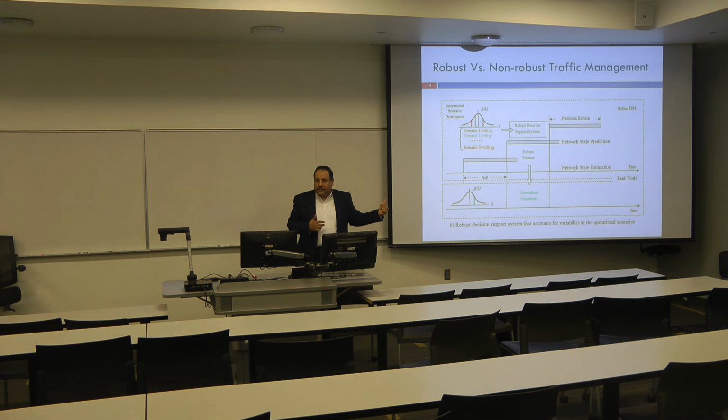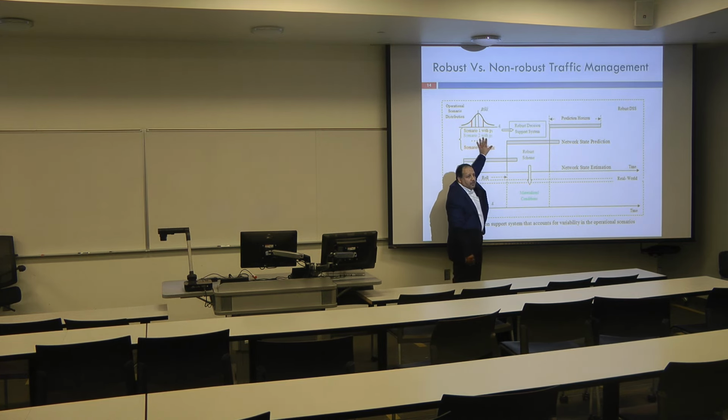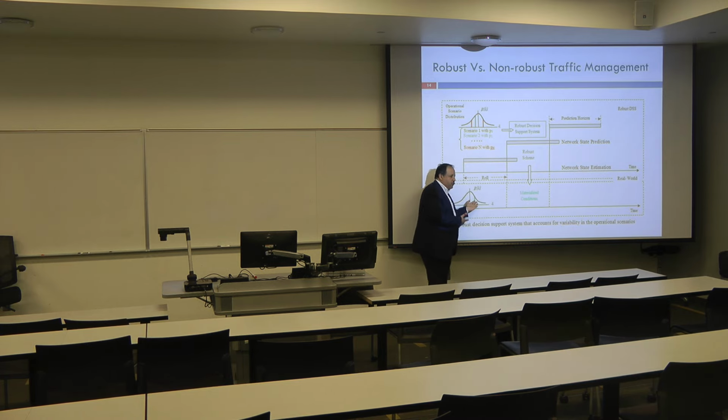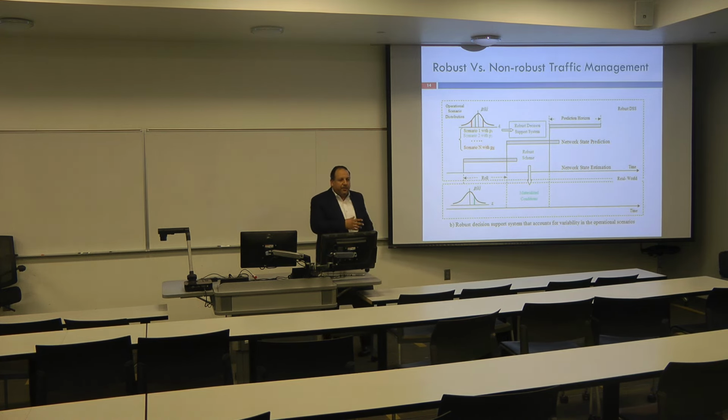We're still making one big assumption here. That we have perfect information on what? The distribution, right? So we assume I have perfect information on the distribution that I use to predict my scenarios, and this is the distribution of the real world, and I assume these two are matched. This is the assumption that we are making, and in our experiments we'll try to see what is the effect when these distributions are different.